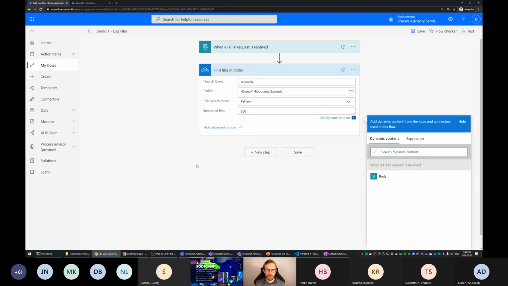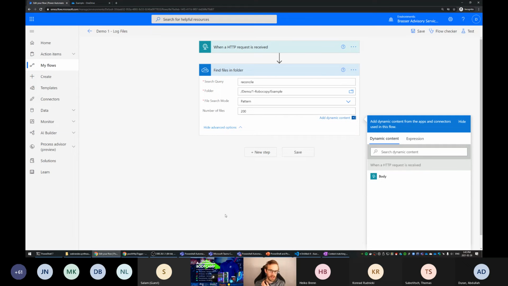And if we want to use a Graph API call to do this instead, then first of all, we need to have a user set up, or rather an app registration set up, that can perform these requests. What it then does is it authenticates against the Graph API, and it gives you a bit more flexibility there.